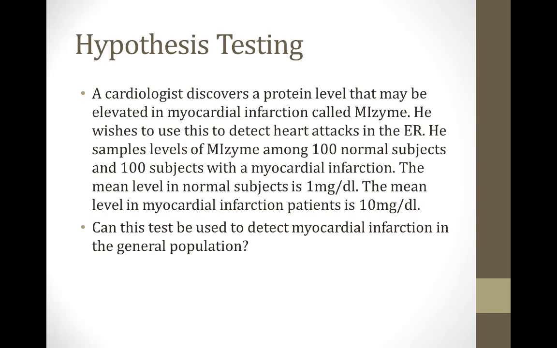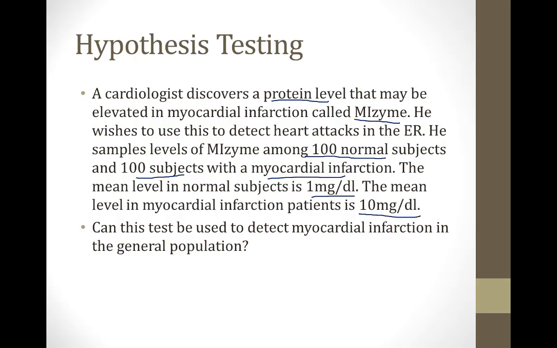So let's imagine that a cardiologist discovers a protein level that may be elevated in myocardial infarction patients, and he calls this protein MI-zyme, and he wants to use it to detect heart attacks among patients in the ER. So in order to see whether or not this might be useful for detecting heart attacks, he samples levels of MI-zyme among 100 normal subjects and also among 100 subjects with a myocardial infarction. The mean level in normal subjects is 1 milligram per deciliter, and the mean level in myocardial infarction patients is